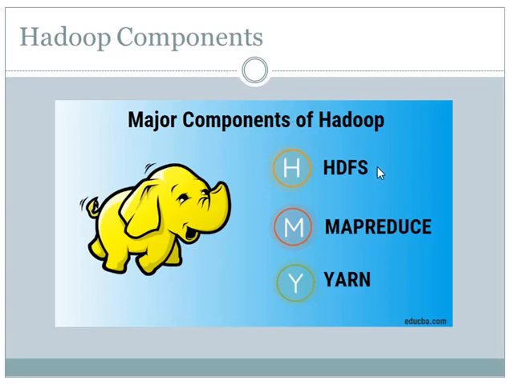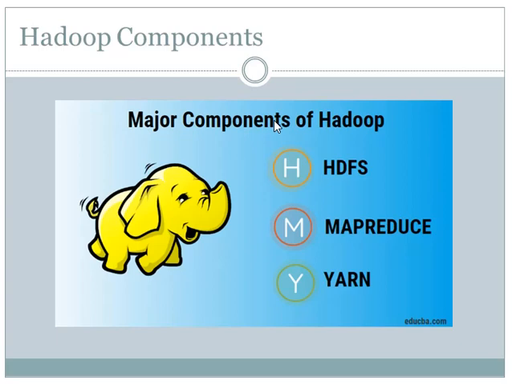Major components of Hadoop can be described one by one. First one is the Hadoop Distributed File System, or HDFS. HDFS is the storage layer for big data. It is a cluster of many machines. The stored data can be processed using Hadoop. Once the data is pushed to HDFS, we can process it anytime. The data will be residing in HDFS until we delete the files manually.